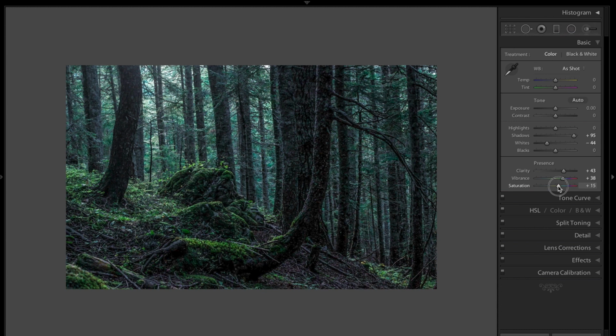So I'm going to bring saturation up also. And then I'm going to bring contrast up just a little because I don't want that to fall out. If you go too high, it goes back into darkness again. So I just want to bring it up just a touch. And